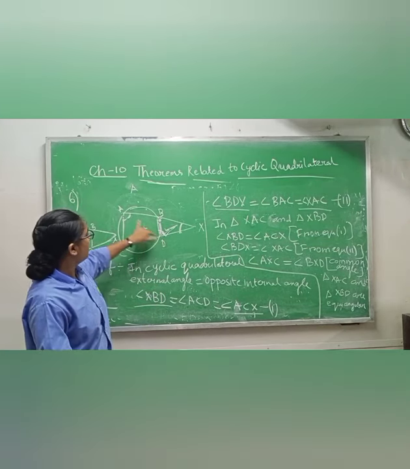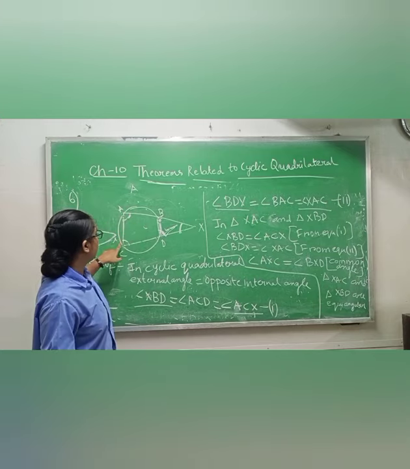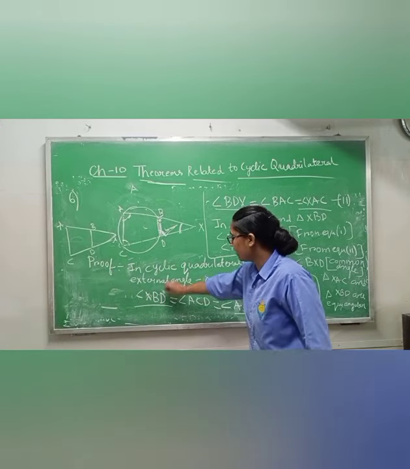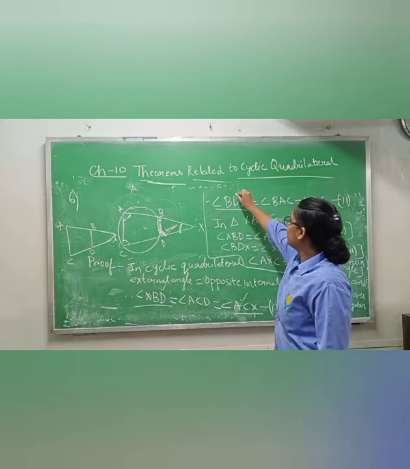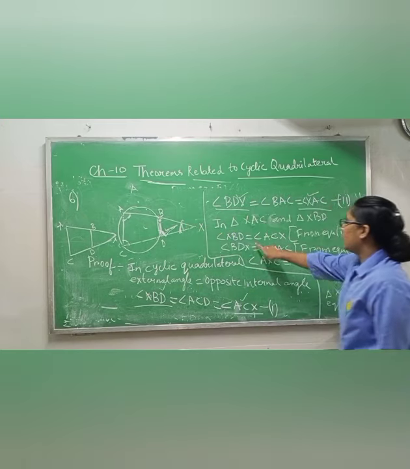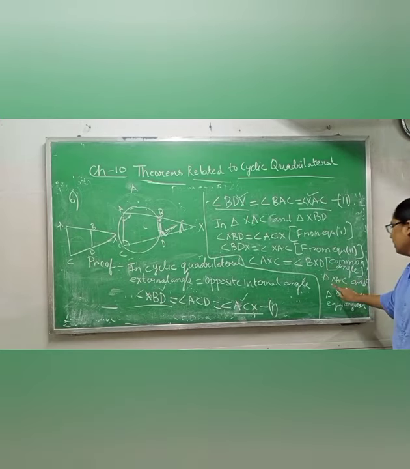Again, this angle is equal to this. Now in place of CAB I am writing CAX. After that, I am saying that this is equal to this and this is equal to this, and this angle is common for both, so that is why all 3 angles are equal. Therefore, triangle XAC and triangle XBD are equiangular triangles.